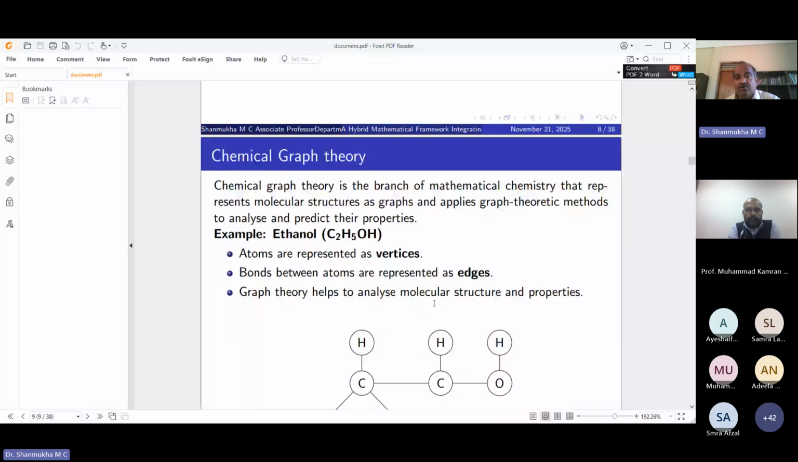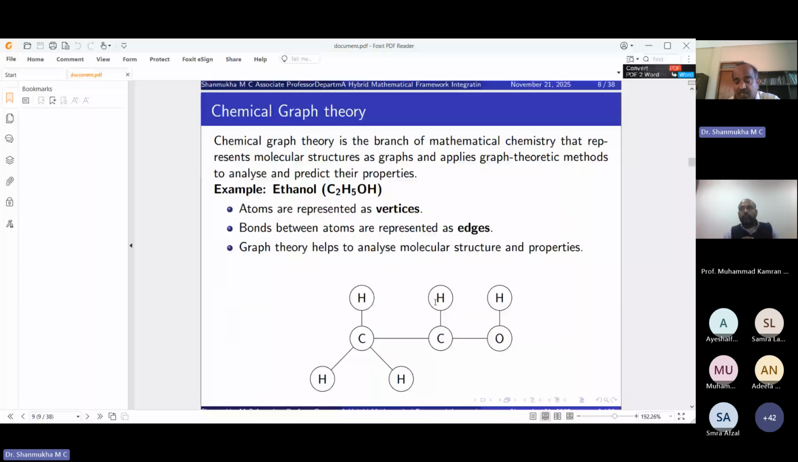Then we move on to chemical graph theory. So chemical graph theory is the branch of mathematical chemistry that represents molecular structures as graphs and applies graph theoretic methods to analyze and predict their properties. So here we consider one chemical structure called ethanol. The molecular formula of ethanol is